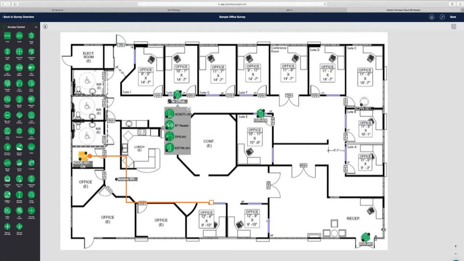So again, a single door controller would communicate back to a PoE switch, which the node would then be connected to the same network and communicate over that network. Same thing with Ethernet connected door controllers throughout a facility. So this may not be a perfect site survey, but it's a really good idea of what a site survey may look like. Certainly if you use something like System Surveyor or use it itself,